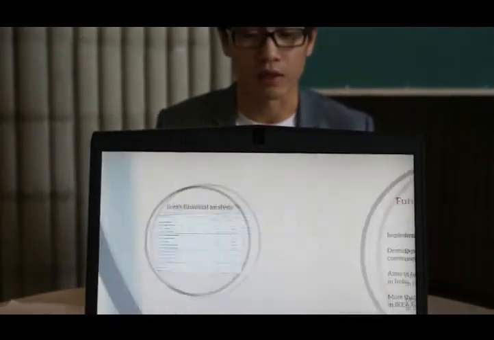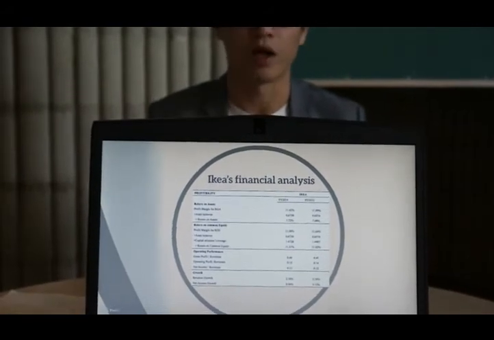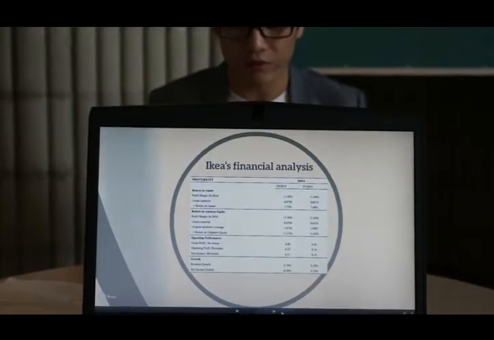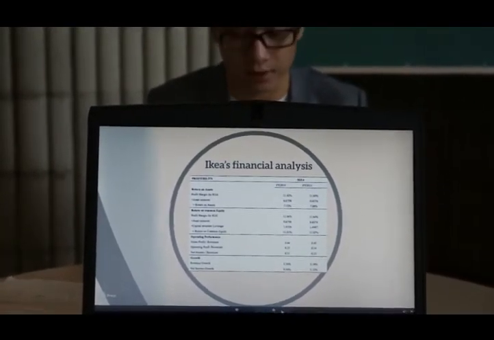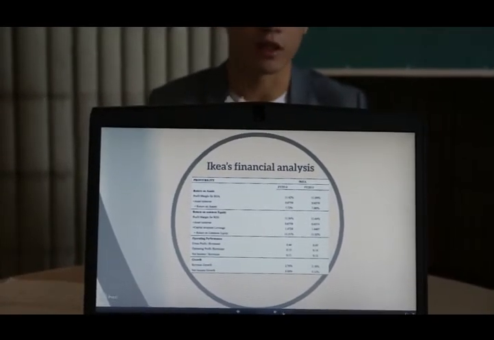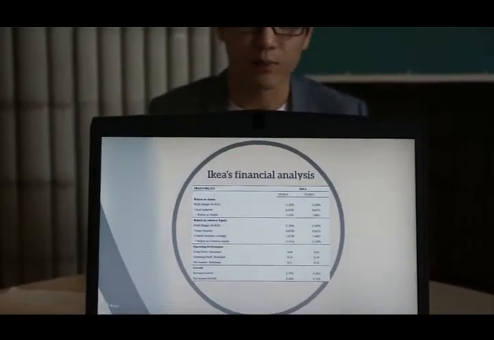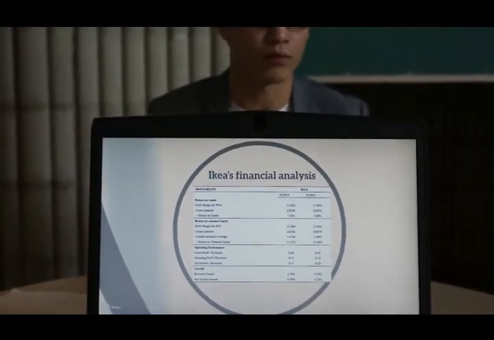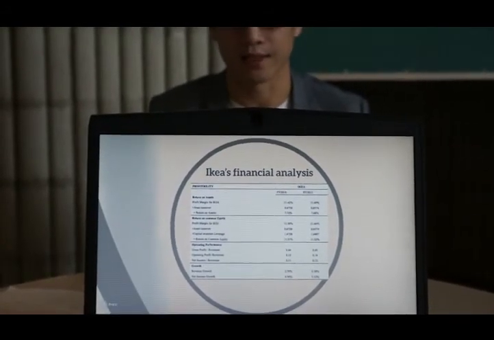Let's talk about IKEA's finance. According to IKEA's financial report in fiscal year 2014 and fiscal year 2013, we can find some important ratios for IKEA's stock valuation and analysis. From the exhibits, we can find that IKEA keeps stable ratios of return on assets and return on common equity. Despite an unexpected fall in net income growth in 2014, its operating performance is still healthy and stable.